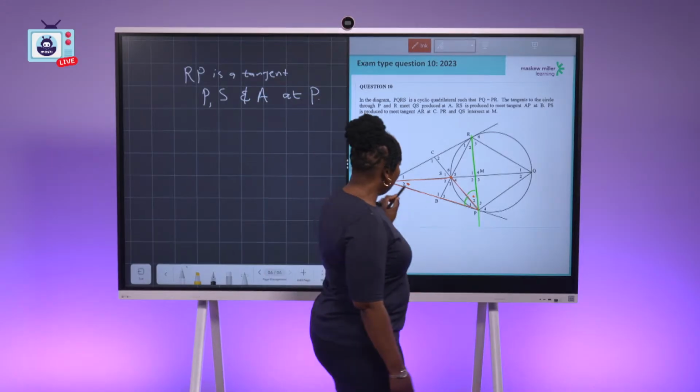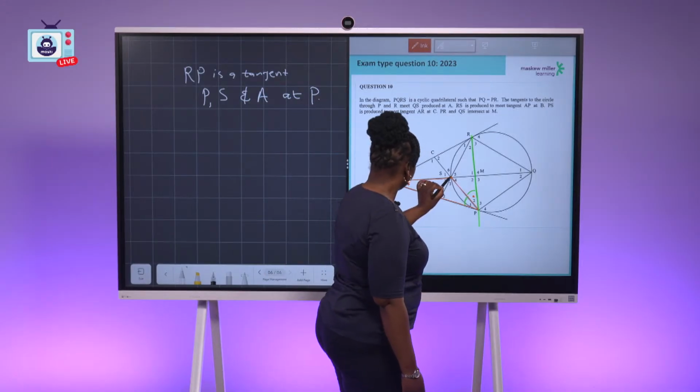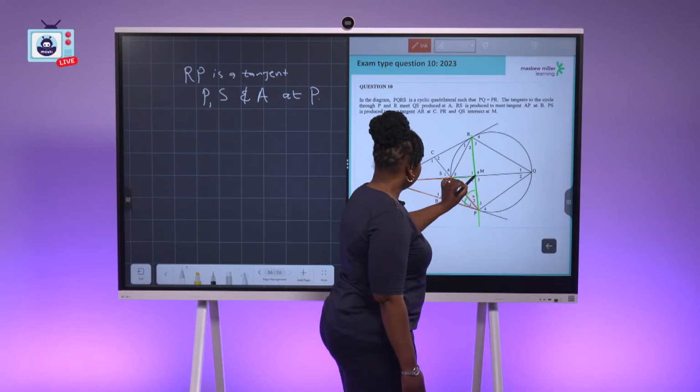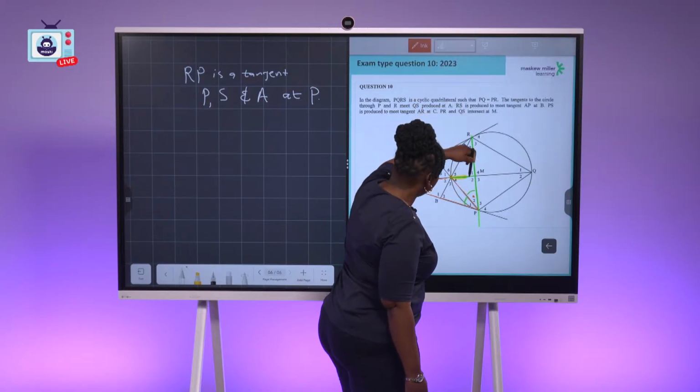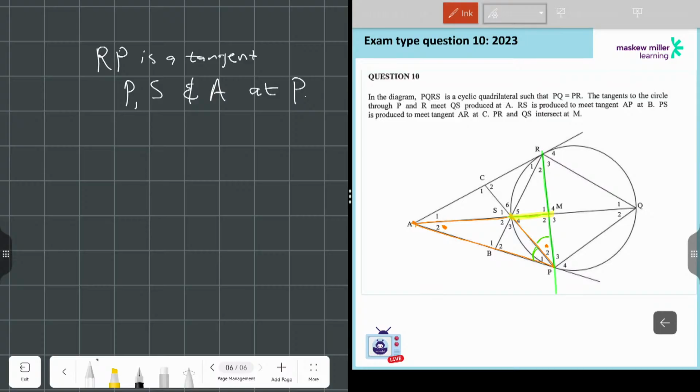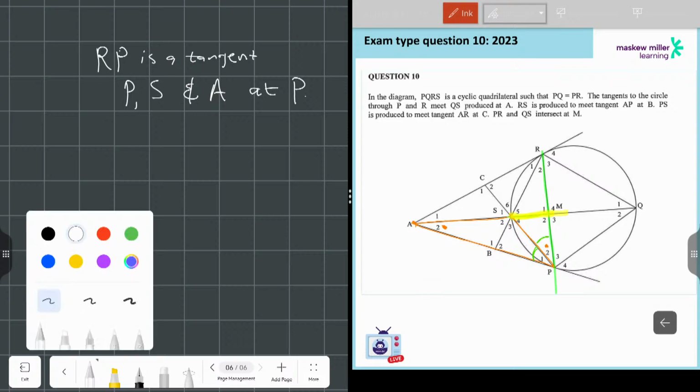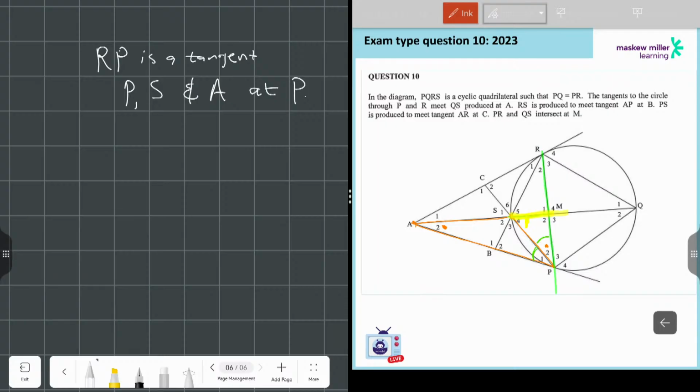So if I look at this triangle, which I am talking about here, let's use a different color so you can see. You can see that AS has been extended, right? So there is an extension there. So if I come back and I say, okay, there's an extension, this angle here can be equal to this 2, right? So let's start there. If I say S4 equals A2